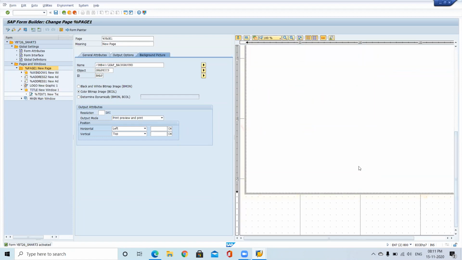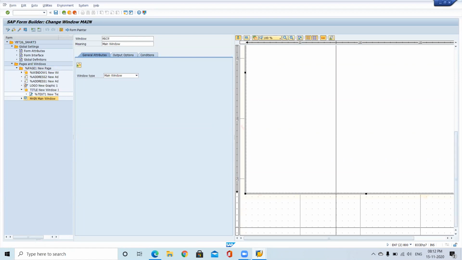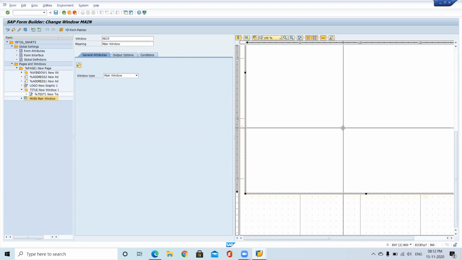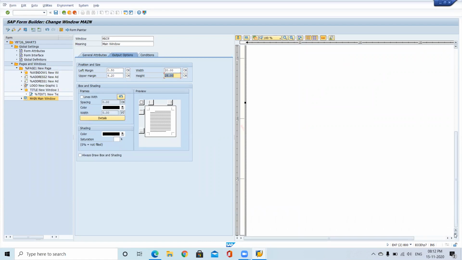At the same time, this is the height. You can use your height up to this one. Here we are simply wasting a space. So go back to this main window and increase the height of the main window. So at present, what is the height of the main window? 20. Just give height as 25. Just see the output.